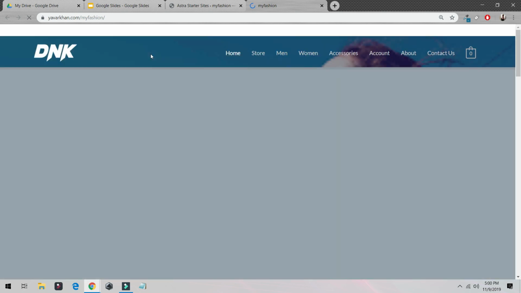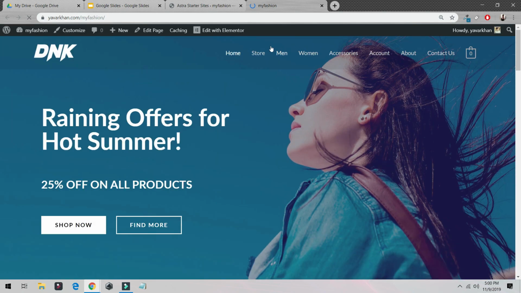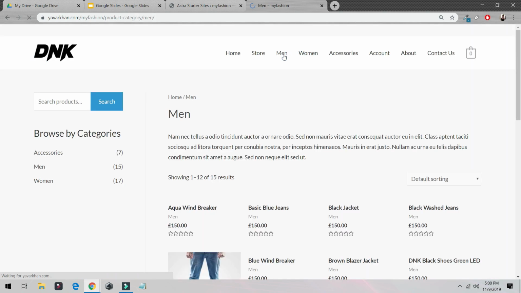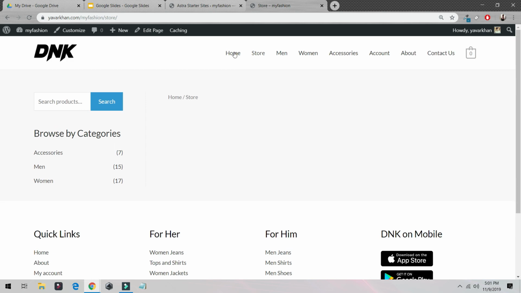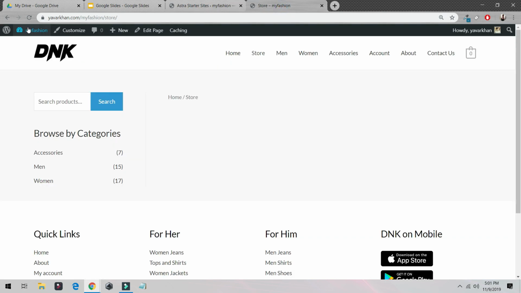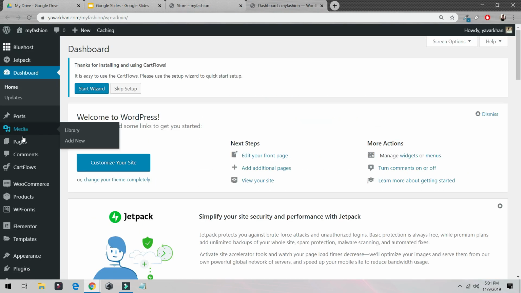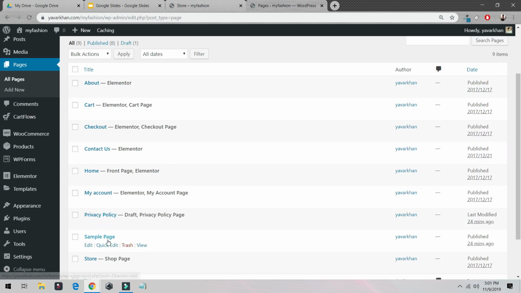So now I could see it's almost done. I'll show you how you could edit it. If you go on men and click on stores, for some reason you cannot see the products. All you have to do is go back to your dashboard. Okay, once you are in your dashboard, click on pages, and then as you could see, click on stores,